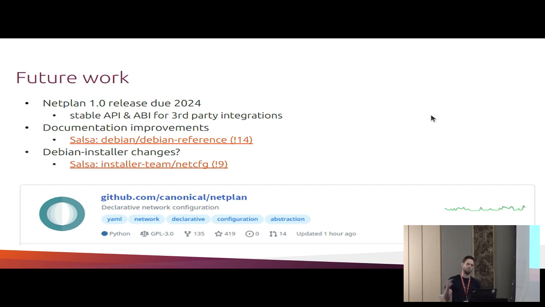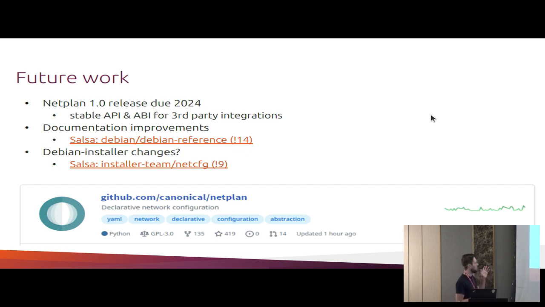So right before departing to DebConf, I started a quick merge proposal on the Debian reference on Salsa to actually mention Netplan side by side to the systemd-networkd and NetworkManager configuration that is described on the network config document in the devref. And it's picking up. Maybe we will even be able to merge it this week during the conference.